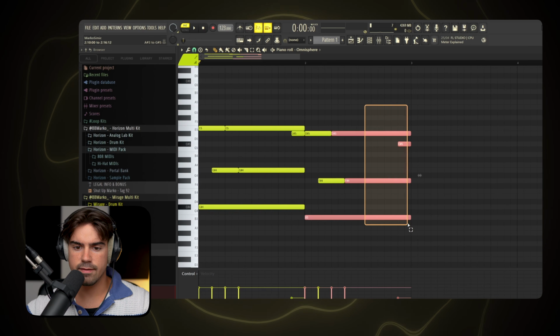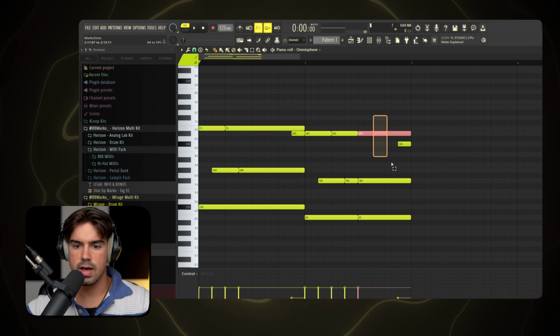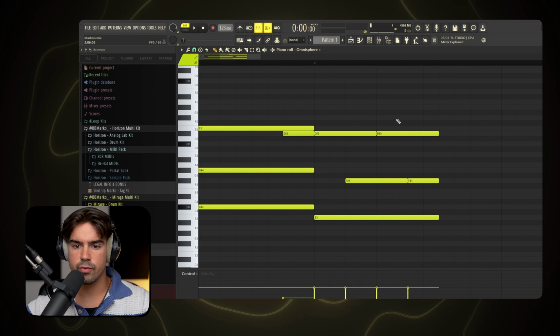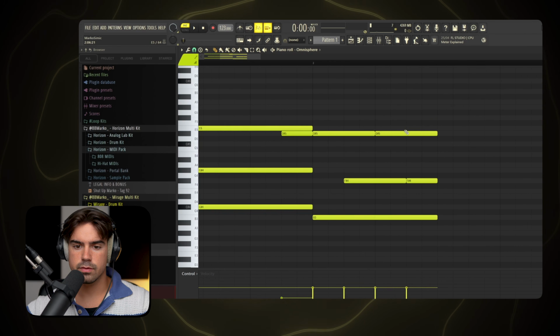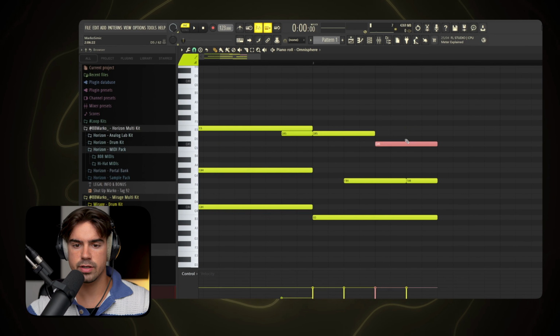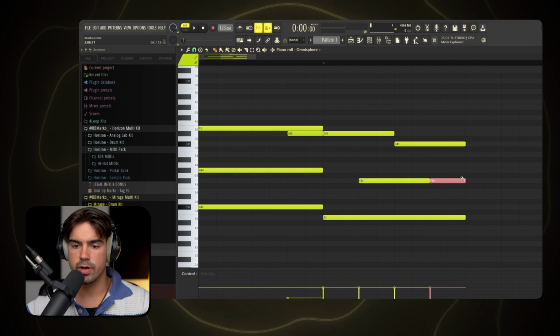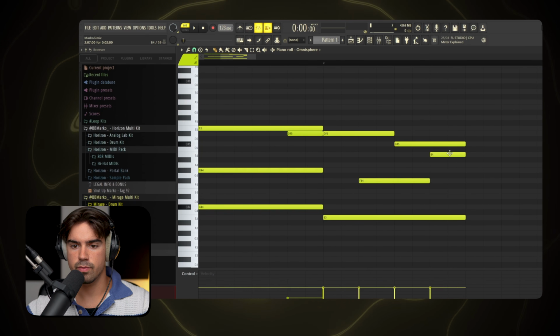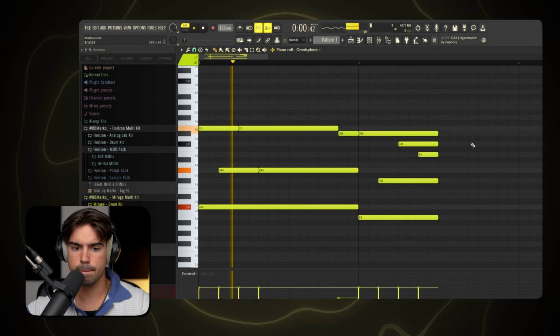Now, like I said, we're going to have the second part go down again, so we can basically just slice this up and then delete everything from here. Now again, we don't want to have these hitting all at the same time, or at the same note, excuse me. So let's just switch it up a little bit. I'm going to pitch this down to the C sharp, so it's basically the same from right here, and then we can have this one pitched up to B this time. So the first two parts would sound something like this,